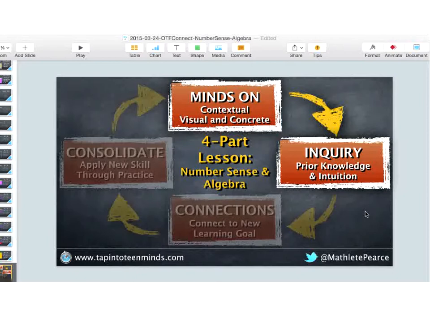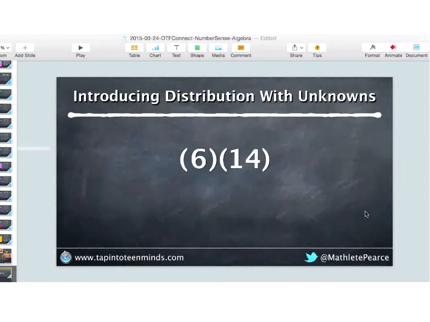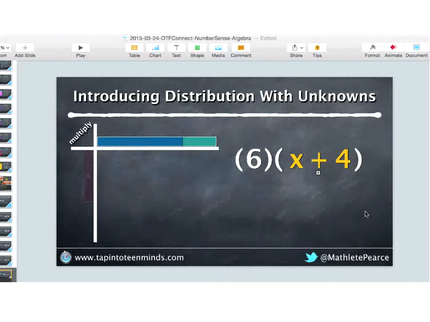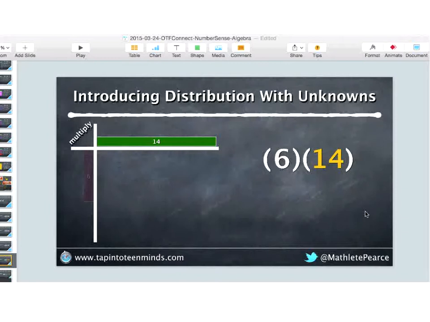What I then do is I want to take the students and get them kind of outside their comfort zone slightly, but not enough where they have no idea what they're doing. So what this might look like is the number 6 times 14. At this point, I would have my students chunk it out, and most students would look something like this. We'd have 6 and 14. The 14 would be chunked up, but here's the deal. When I get them to chunk it up, what I tell them is that I'm going to chunk this up